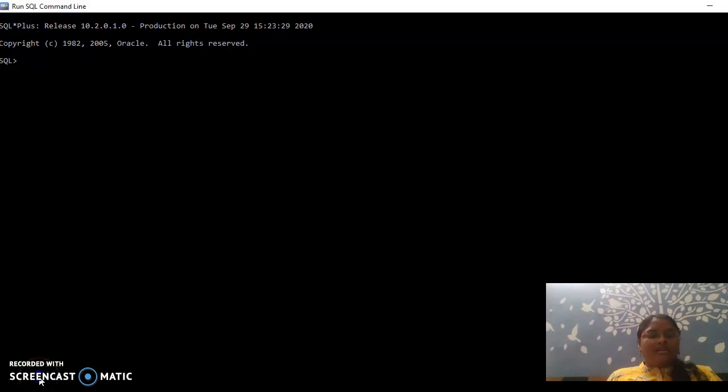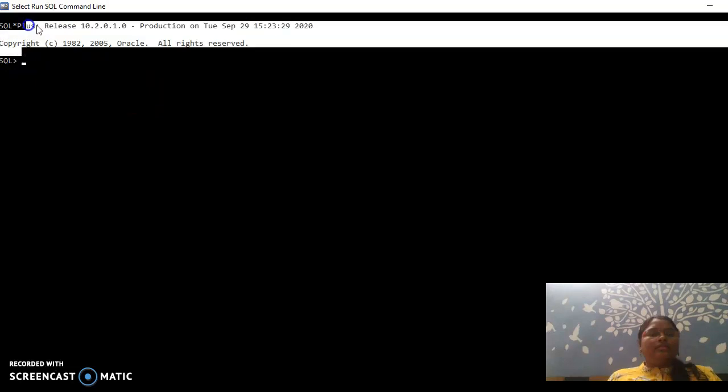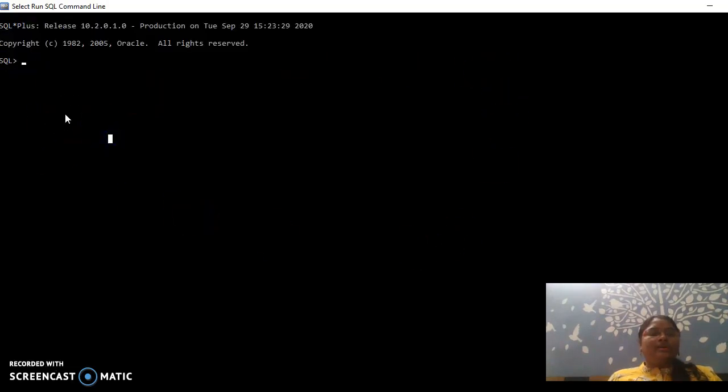In the last class, we have seen the concepts of SQL, but here we are going to connect how we are practical, how we are going to create a table and execute all DML and DCL commands. So here, this is the command line of SQL. For that, you are supposed to install any Oracle or SQL software which is open source. So I have taken here Oracle 10G Express Edition.